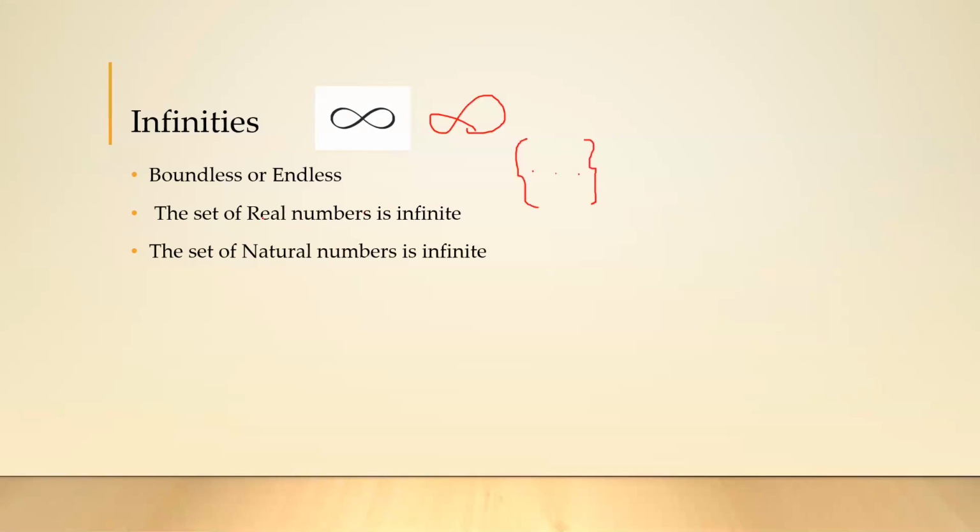For example, you can say the set of real numbers is infinite. Hope you know what a real number is. A real number is something like 1.8123. That is a real number. And then you have the set of natural numbers, let's say 1, 2, 3, etc. So we know that real numbers are infinite. We even know that natural numbers are infinite. Now,